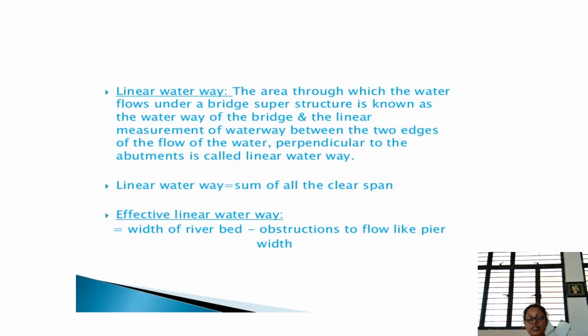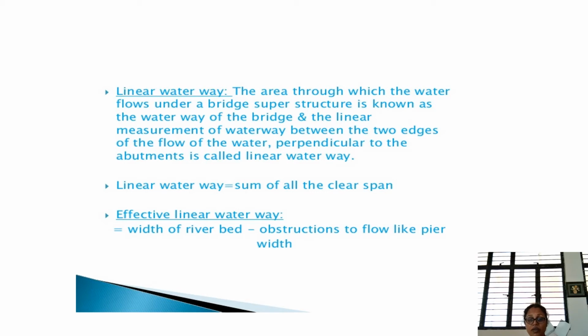So whenever the river is flowing at its full height, and the bridge is at high flood level, that is the maximum level at the bridge, whatever the water is at the ends, that is the waterway that is measured between the two edges of the flow, that is, the boundaries of the water, perpendicular to the abutments, and this is called